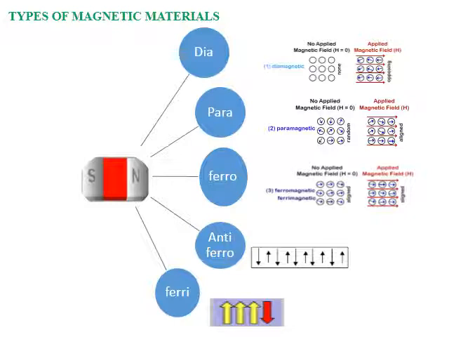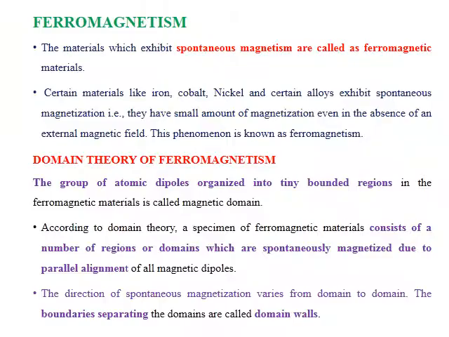but here the anti-parallel aligned dipoles will not have equal magnitude of magnetic dipole moment. As a result, this will also show good magnetic property compared to the other categories of magnetic material. Now, let us discuss one of the important theories to understand